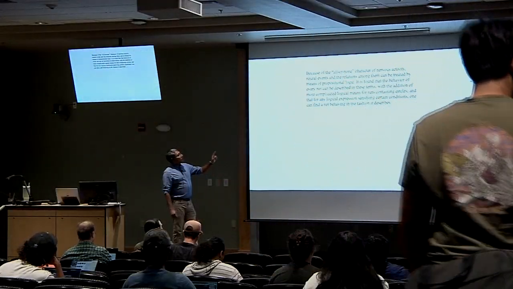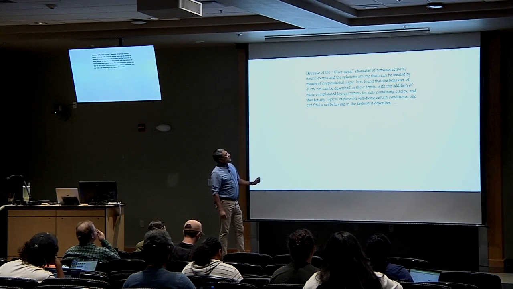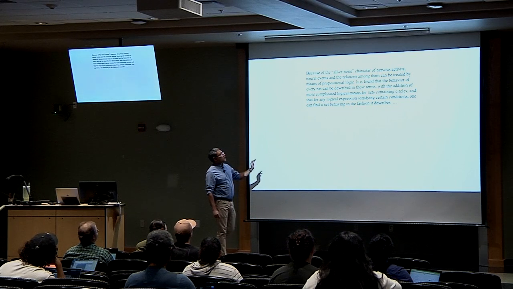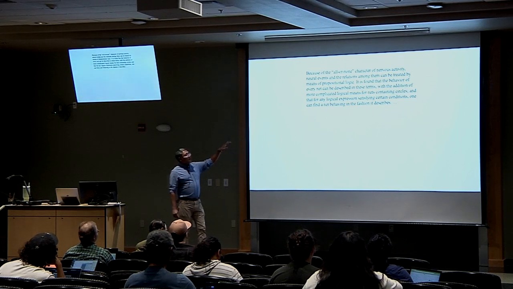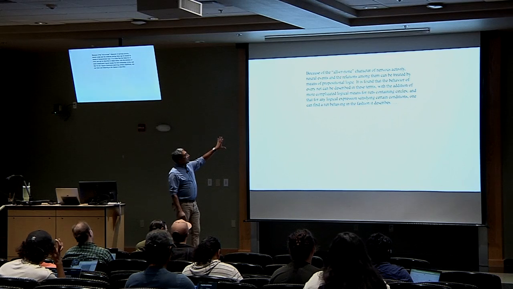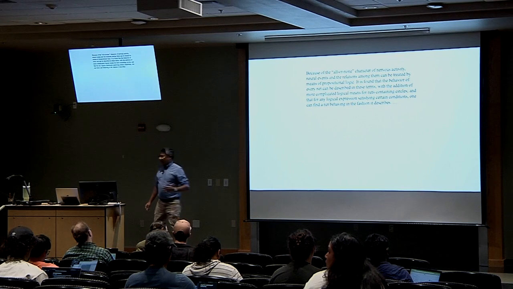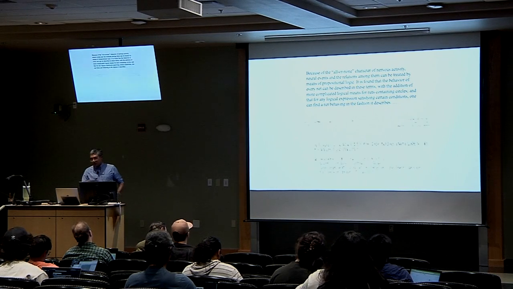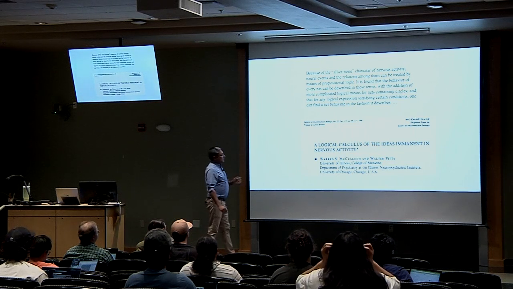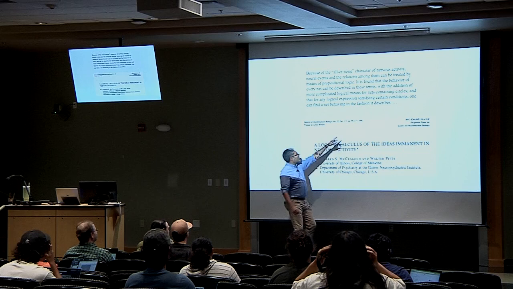Because of the all or none character of nervous activity, neural events and the relations among them can be treated by means of compositional logic. This abstract is part of an abstract from an early work. Absolutely beautiful piece of scientific work that came out in the 1940s, right? 1943. I was not able to pull up the original paper, but this is a reprint from the 1990s or thereabouts.